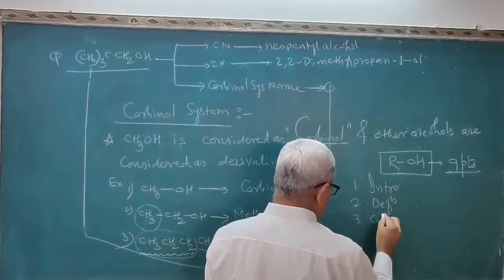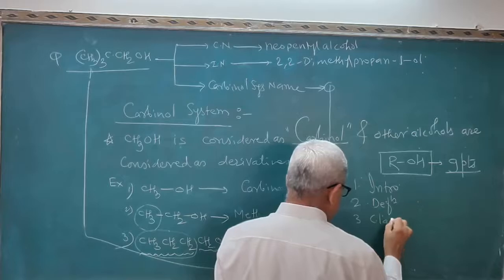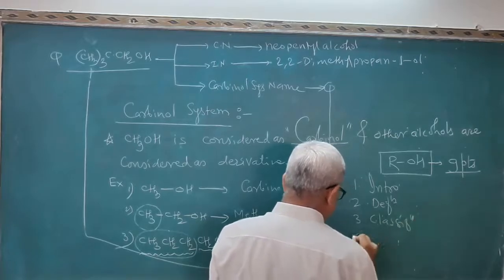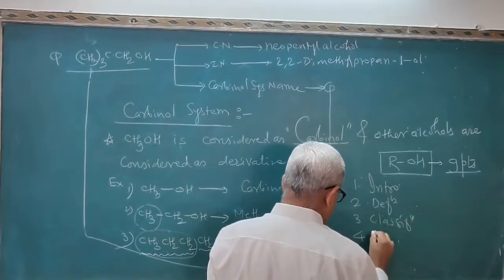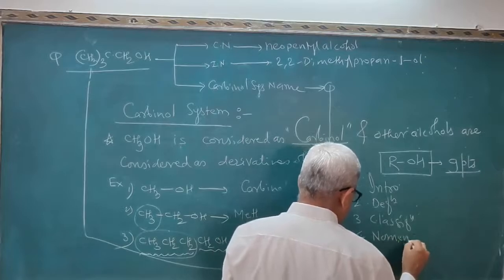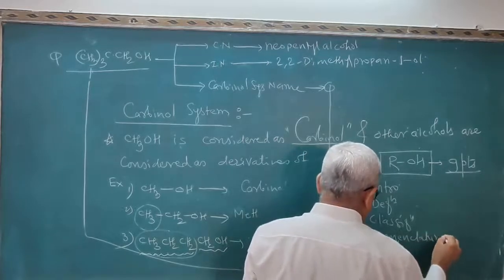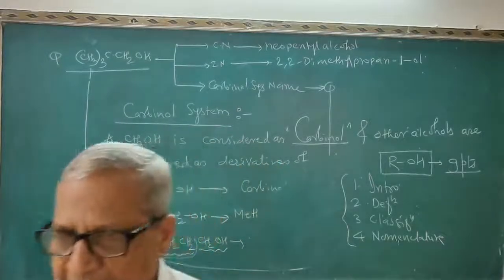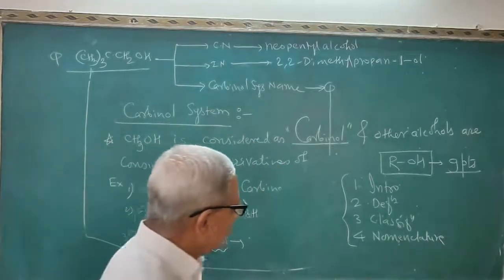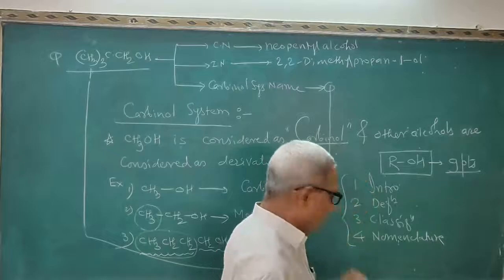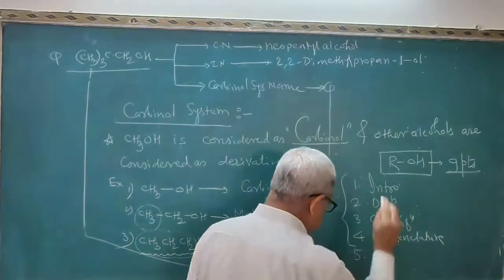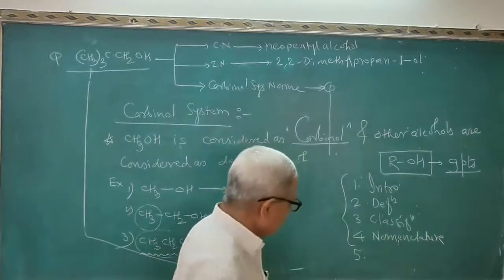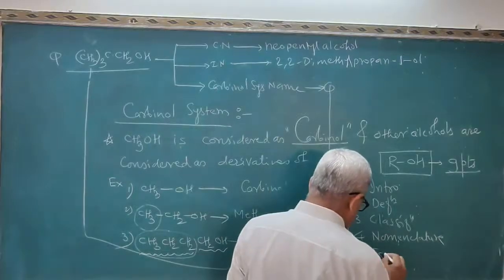Third point is the classification. Fourth point is nomenclature. So we completed these 4 points, and I hope that every student has a clear idea of the 4 points. Now I am going to start point number 5, that is isomerism